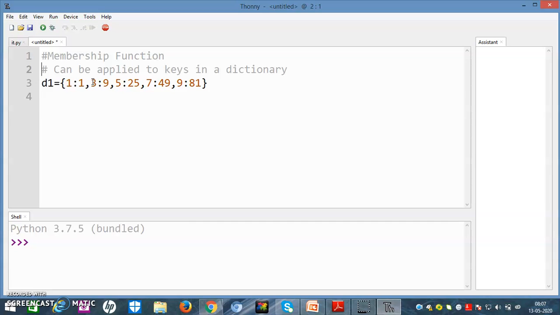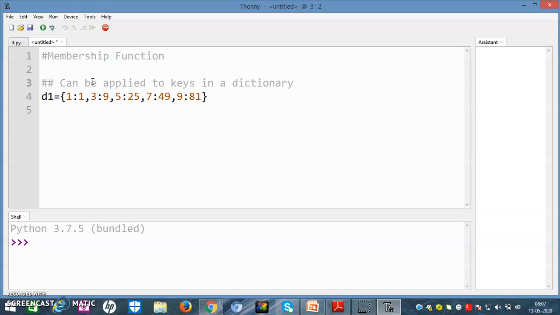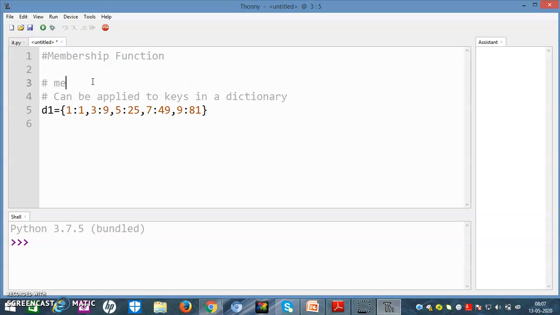There are two membership functions which we have studied, which are: in, and not in. If an element is found, then it is in, otherwise it is not in. So I will go with that.